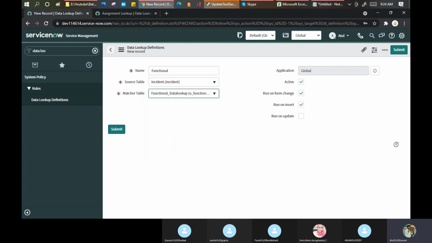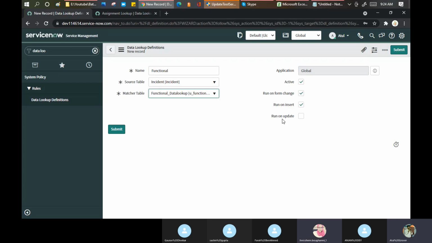Now here is the option run on form change. It means as soon as you change the value, this definition should run automatically. I said yes. Run on insert: when you click on submit, when you're creating a new record, then it should definitely run. Run on update: when you already created a record and you are going to change some value, then you want it to run.